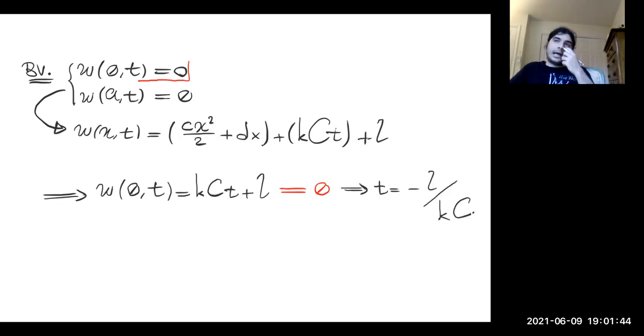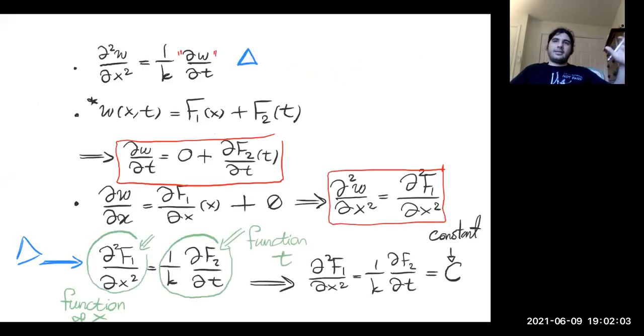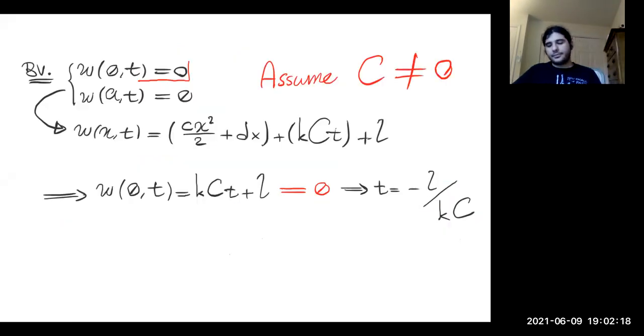We can do that if c is non-zero, right? So we should have an extra assumption: assume that this constant c is non-zero. Remember where we defined this constant. Here we said because we have a term which is a function of x and a term which is a function of t, and because they're equal, they should be constant. We call that constant c. So first assume that constant is non-zero. We consider the case where c is 0 separately. So if c is non-zero, that would be